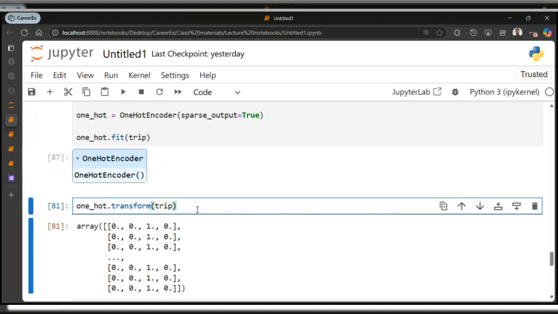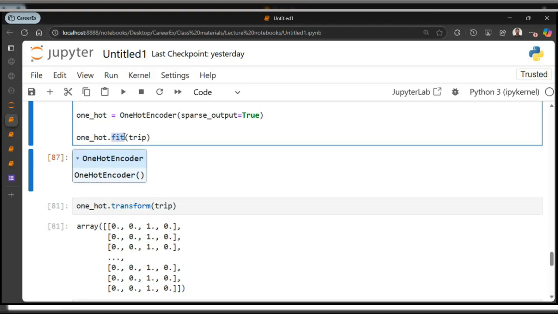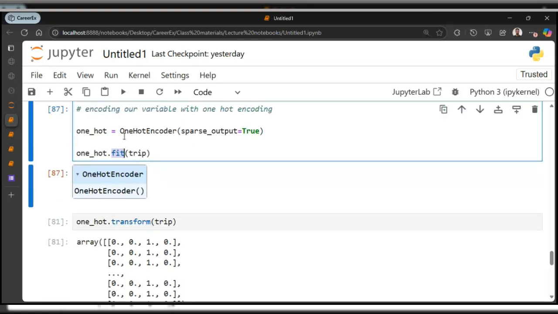Remember, fit just stores it. So I'm just going to recap what fit does exactly. Remember in yesterday's class, I said that we have two methods used in preprocessing, which are what? .fit and .transform. So .fit is like planning to do something but not doing that thing. For instance, let's just say you want to make a particular dish, let's say spaghetti.